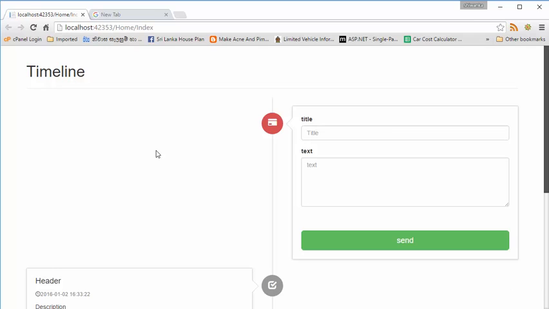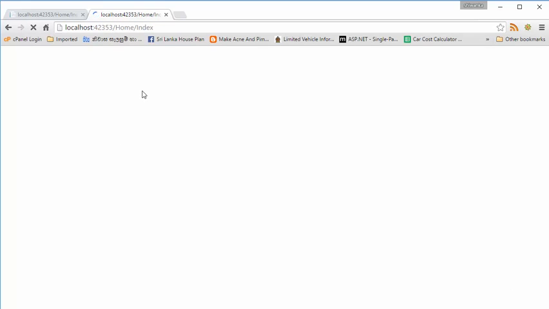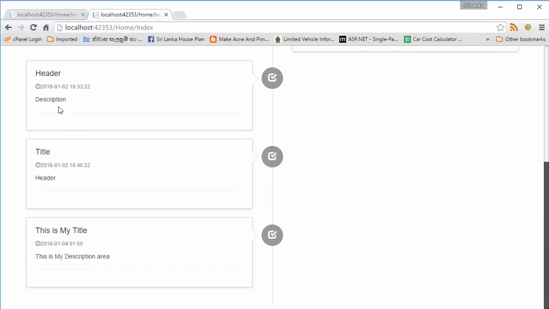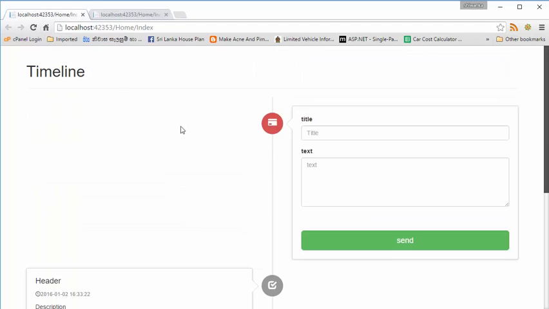We will wait till the load of the second tab, right? You can see the same data in the both the tabs,